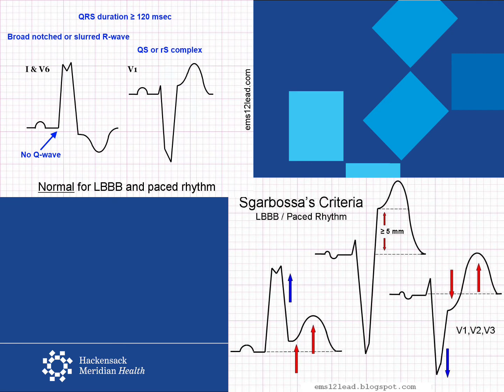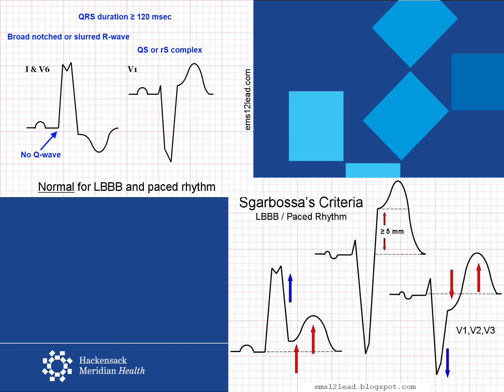Take a moment to look at the differences between the usual left bundle branch block on the left upper side and those with Sgarbossa's criterion in the lower right. The ST segment in a usual lateral wide LBBB pattern is downsloping. If you see a positive T wave, and certainly elevation in the ST segment, these meet Sgarbossa's criteria for